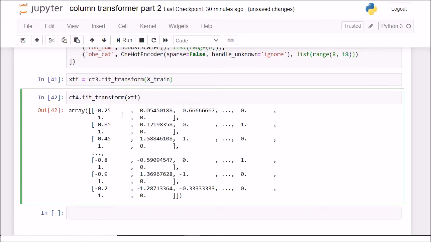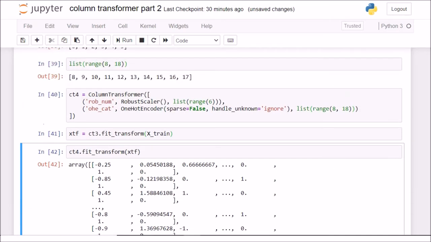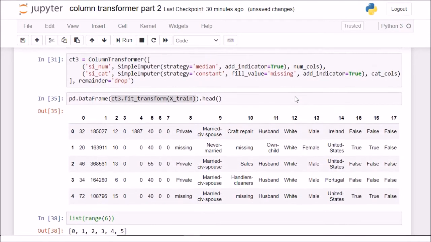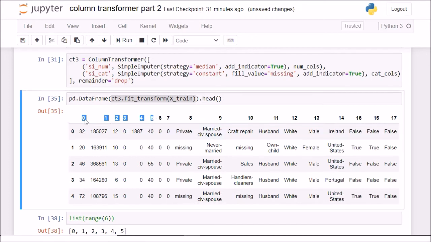So this was the whole point behind showing you why this is not a scalable approach. Because if I had, for example, 100 columns to work with, I would have to manually go and check which columns were my numerical columns. Here it was easy to check that it goes from 0 until 5, and my categorical columns are from 8 until 17.